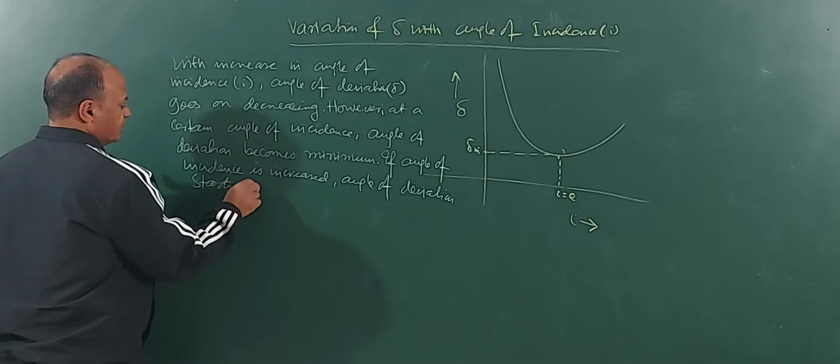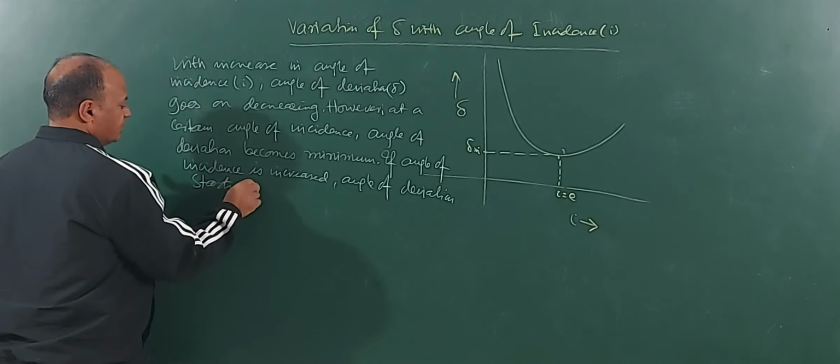Now this graph is important for you and you should remember it. Okay? And all the time remember that delta, the angular deviation, is equal to mu minus 1 into A. Meaning angular deviation actually depends upon the refractive index for a given prism, because for a given prism A will be constant. Okay, let's see this.